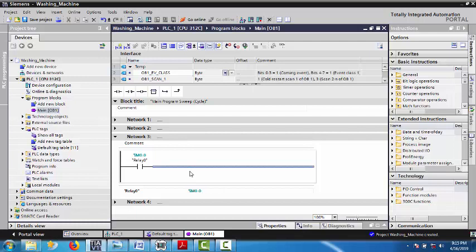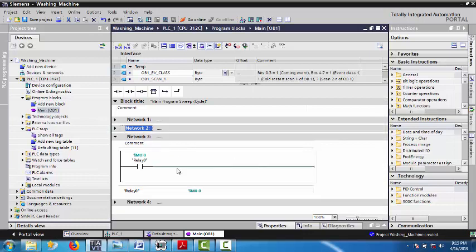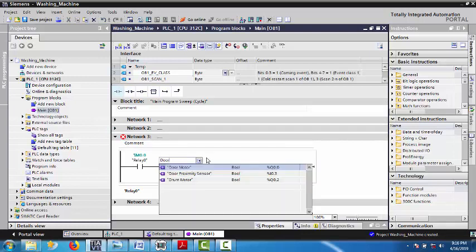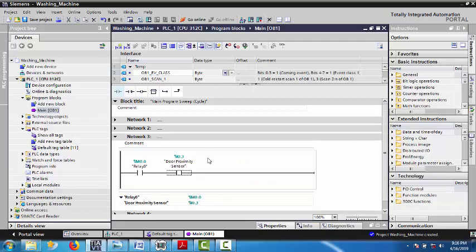But how will we know that the door is properly closed or not? The only way for us to know is through this door proximity sensor. If the door proximity sensor is sensed, it means that the door is completely closed. That is why we will use this NO. This will tell us if the door is properly closed. This NO will turn into functionally close and it will allow electricity to move forward.